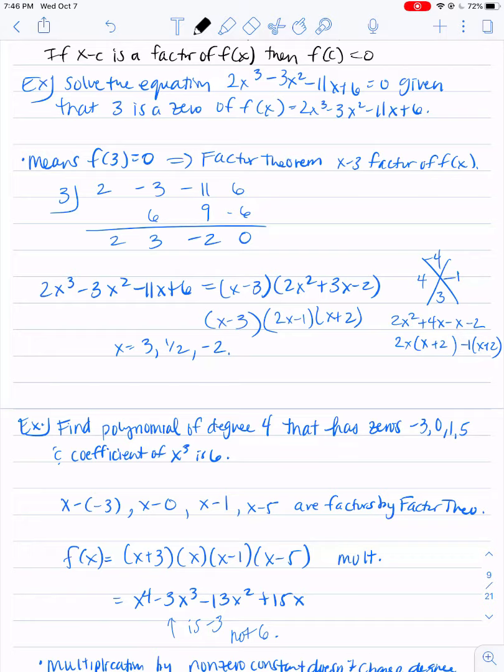So we could actually divide our 2x cubed polynomial by x minus 3 and find our other factors. So we get 2x cubed minus 3x squared minus 11x plus 6 equals x minus 3, which was our factor from our known zero of 3,